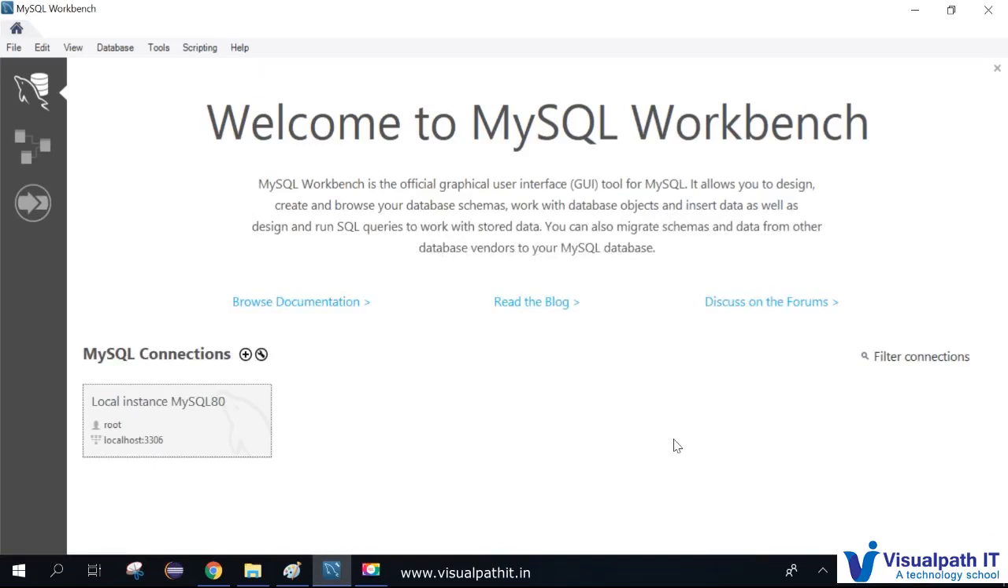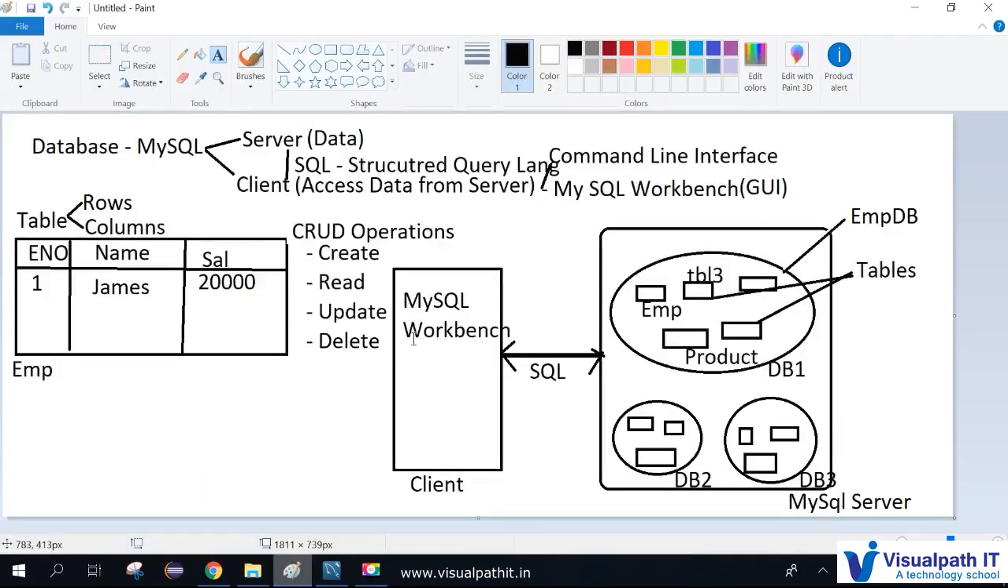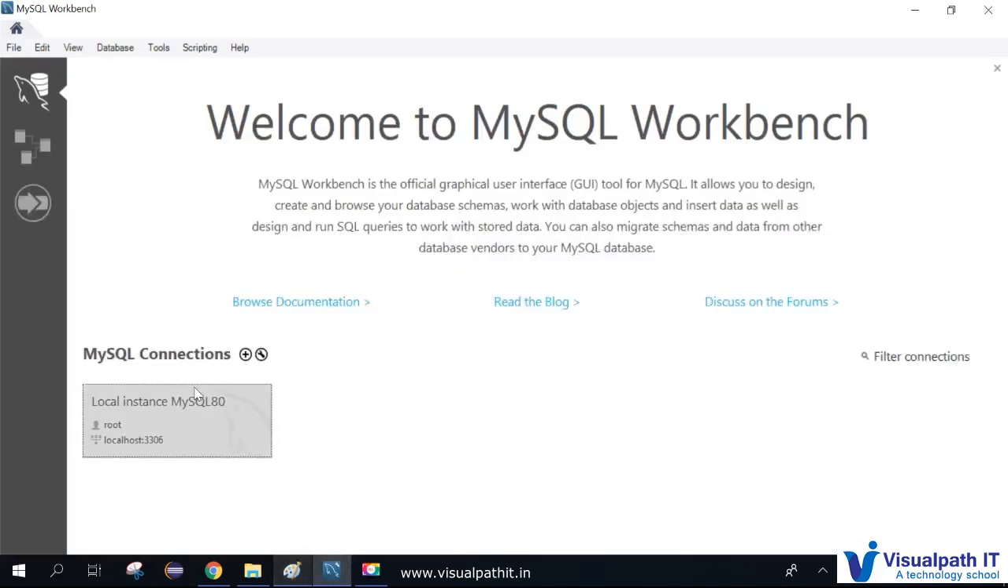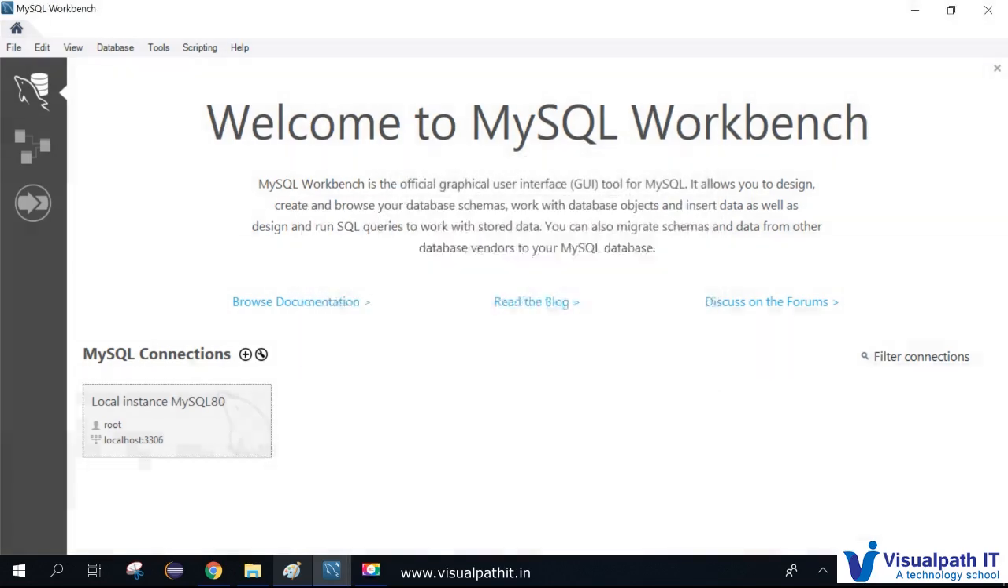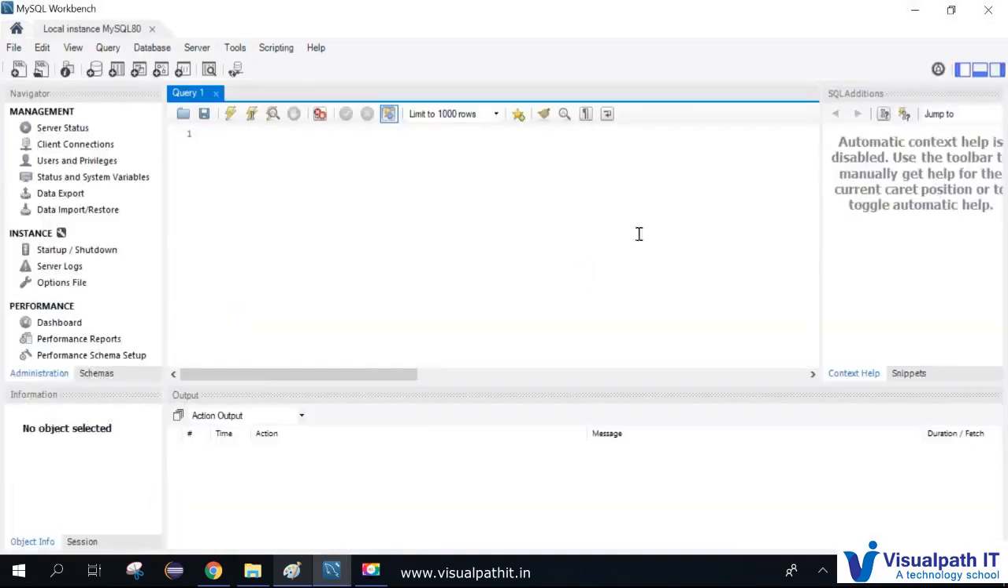Let's start creating data within a database. For that, first we have to establish a connection between MySQL Workbench and the database. The way to do this is to just double click on this instance. It will ask for a password. Just give the root password that you set at installation time. Click on OK. Then it opens the